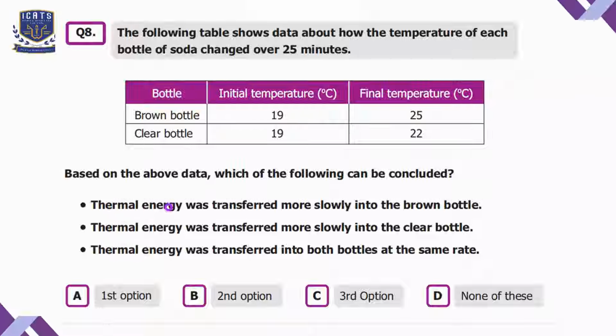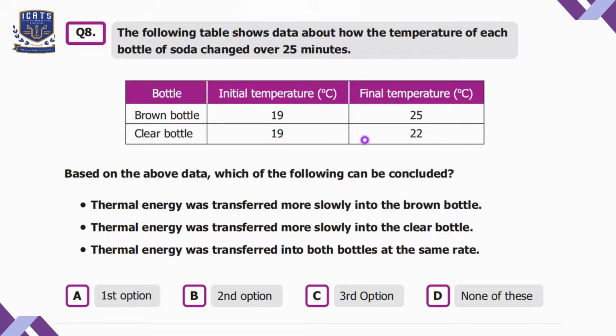The first statement is thermal energy was transferred more slowly into the brown bottle, which is incorrect because the brown bottle heated up faster. The second statement is thermal energy was transferred more slowly into the clear bottle, which is our correct option because, as we can see, the clear bottle had a smaller temperature change, which is